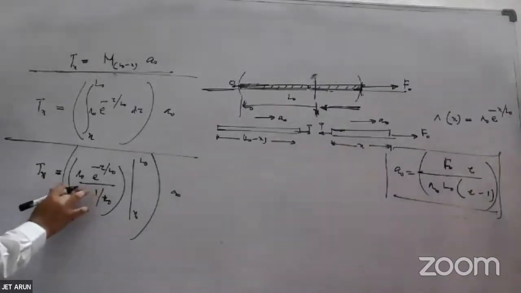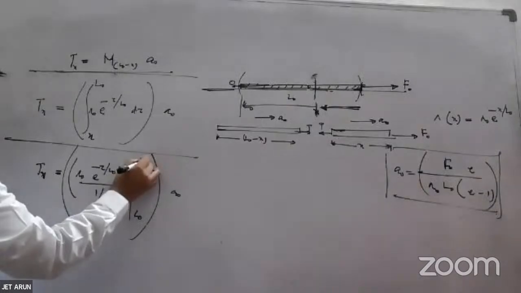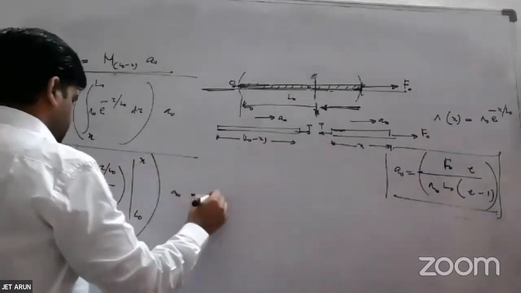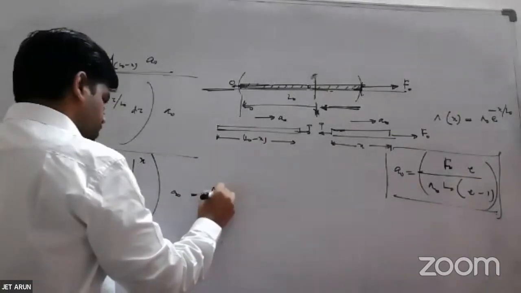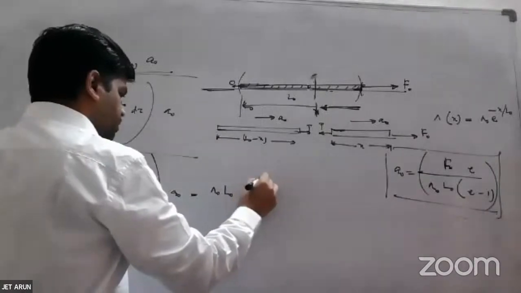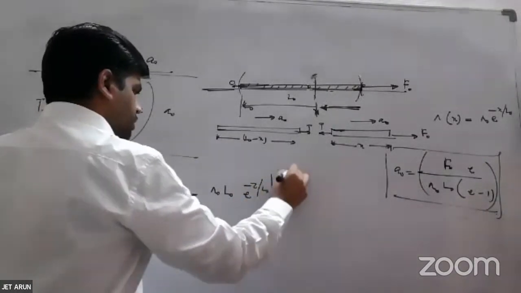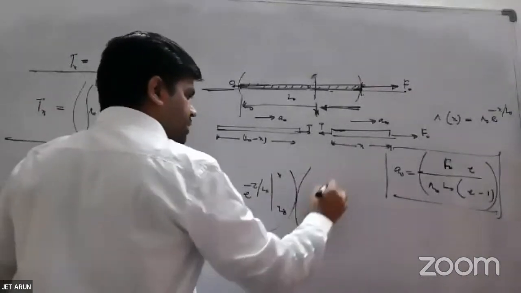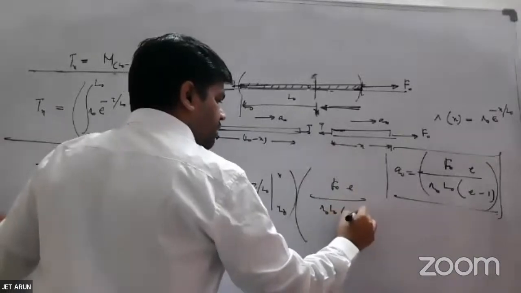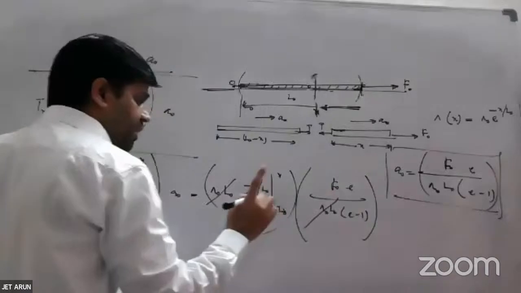I remove this negative sign and invert the limits, L naught to X. So that becomes lambda naught L naught into e power minus tau by L naught under limits L naught to X into acceleration, where acceleration is F naught e by lambda naught L naught into e minus 1. So lambda naught L naught gets cancelled out. Interestingly,